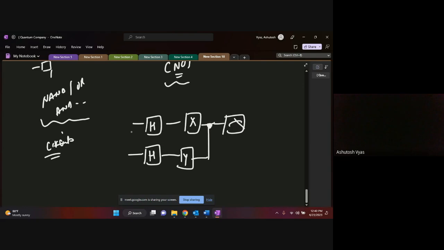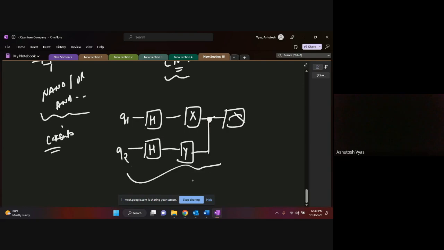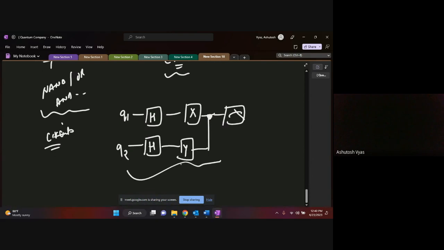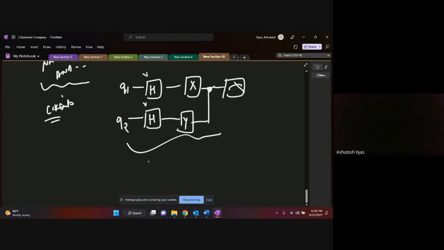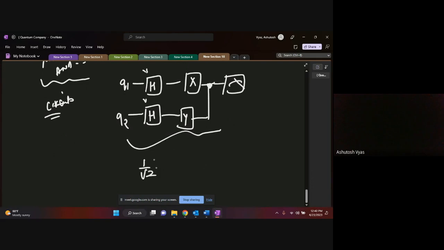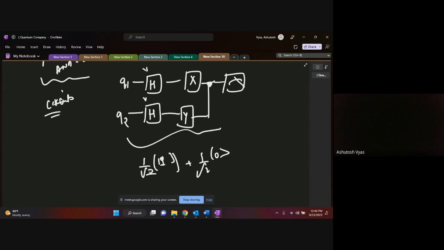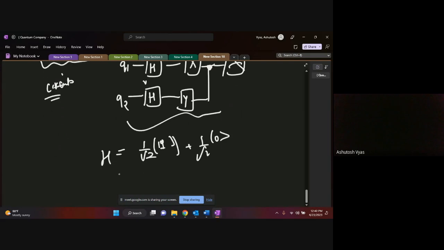So this type of a gate can be realized. This is a 2-qubit circuit. Fundamentally, any simple quantum computing circuit basically looks like this. These gates which I've drawn here are called Hadamard gates. If I just quickly write the expression of a Hadamard gate, it looks like this: 1 by root 2 in your first state, plus 1 by root 2 in your zeroth state, right? That's it. This is how your Hadamard gate looks.